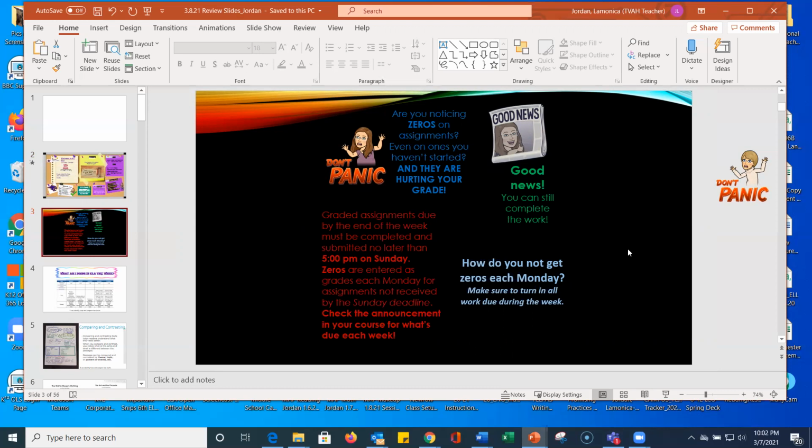Especially if you've not taken your interim, because you need to know what you made on it originally to see, do you really need the retake? And even if you don't really need the retake, this will give me more data to prove that, yes, you do know this, or no, you don't. So I can start working on individualized lessons to get you ready for your STAR test.